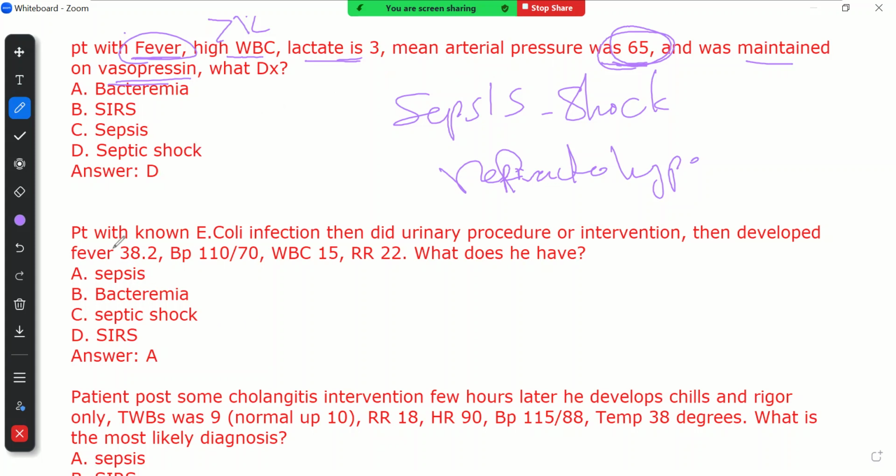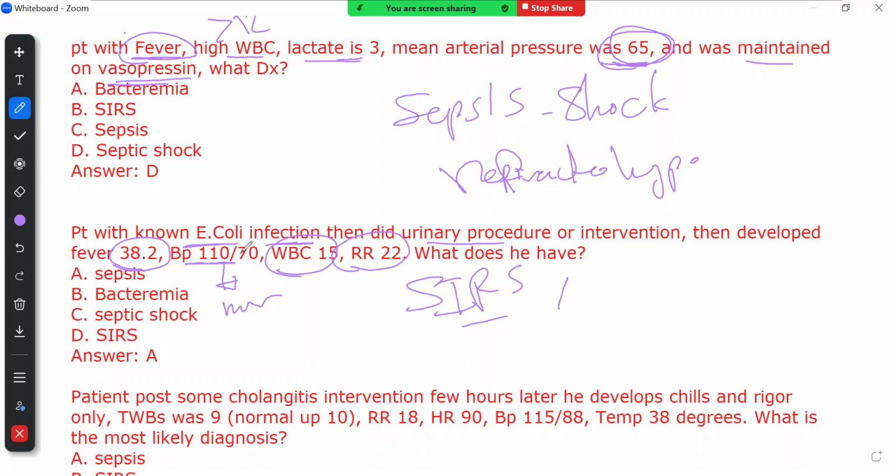Next one, a patient known to have E. coli infection then had a urinary procedure and intervention. They developed fever, blood pressure normal, white blood cells high, respiratory rate a little high. What does the patient have? Okay, in this question you can see that there is SIRS, and there